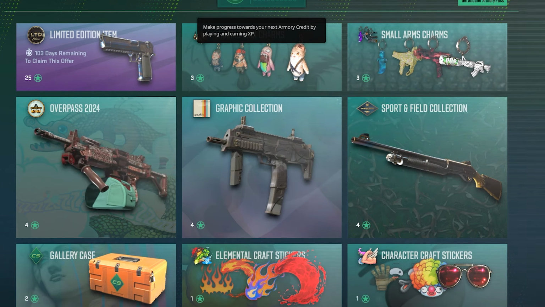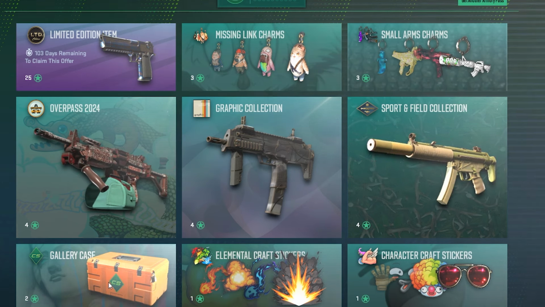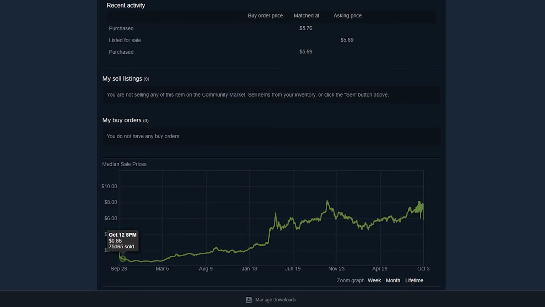It's obviously way more convenient, so I think these are going to have a very similar trend to the Riptide case, where the first day you're going to see a fairly pretty expensive price, but then as more get listed and more people grind out, that price is going to dip drastically. If these things get to like 50 cents, I am going to be selling stuff on the Steam market and